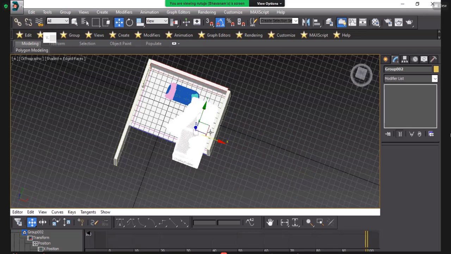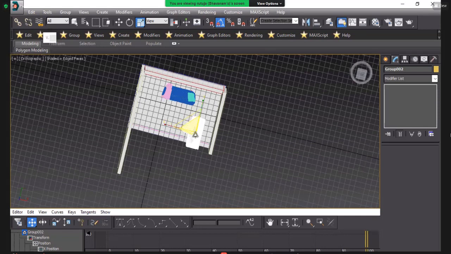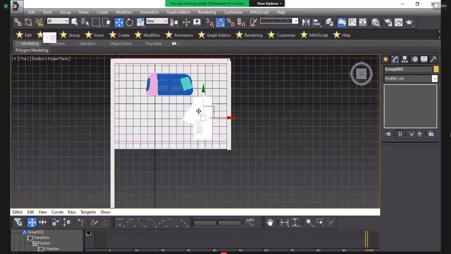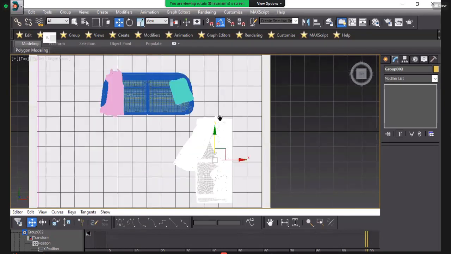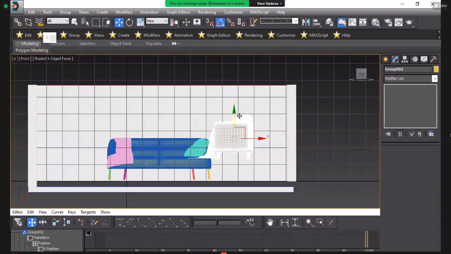W, scale, R. Press simply R and reduce the size like that. Top, Z, T, Z. You can take your top view with the help of T. Okay. And place the sofa with the help of front views.